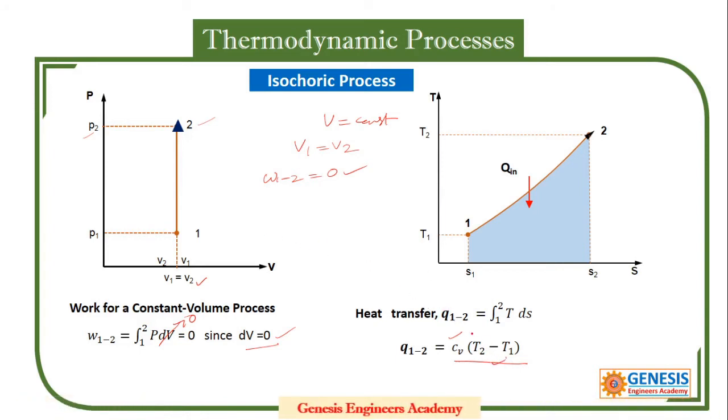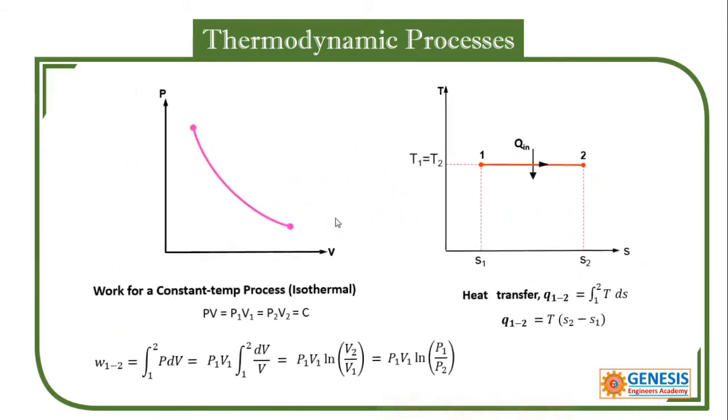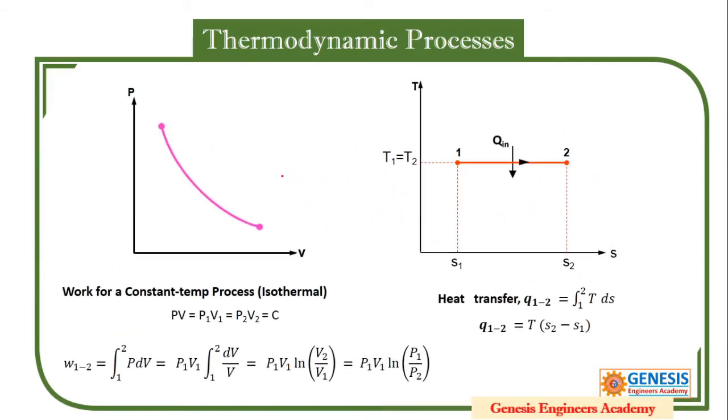That is the equation. Okay, so this also can be used, or you can straight away use this one if S2 minus S1 is given. This may be if temperature is constant, but the temperature is not constant. Okay, so you try to develop this one. So the isobaric process gives us work done, and the isochoric process doesn't give any work done. So the next process is the isothermal process.